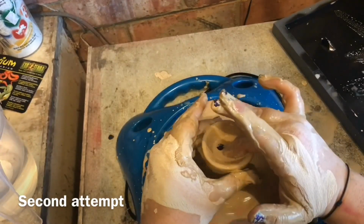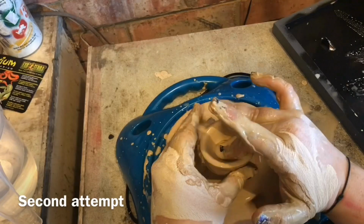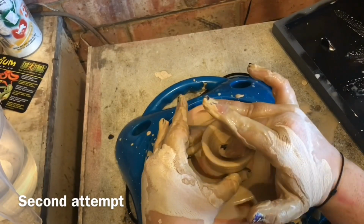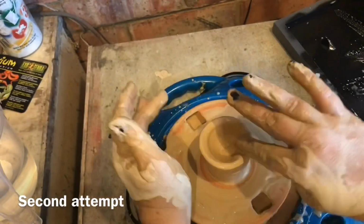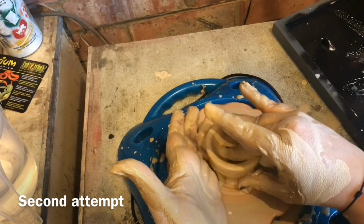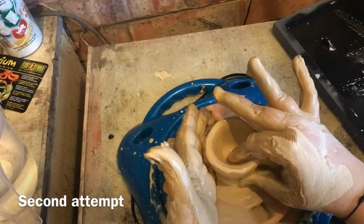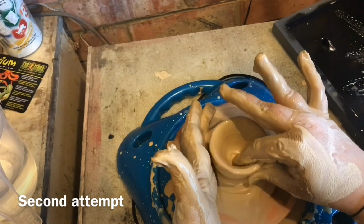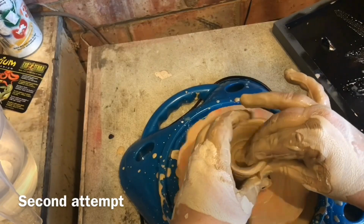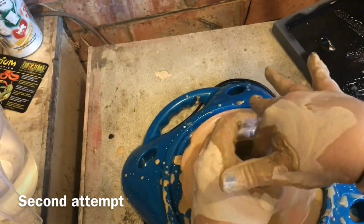So yeah, I only made 2 pieces altogether, and then they've had to be left for at least 24 hours to air dry. On the safe side, I'm actually going to leave them for 48 just to make sure that it's dry all the way through, and then they're going to be decorated with acrylic paint, Posca paint pens, and then they're going